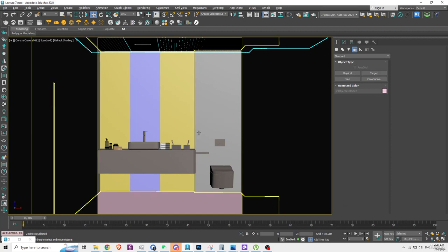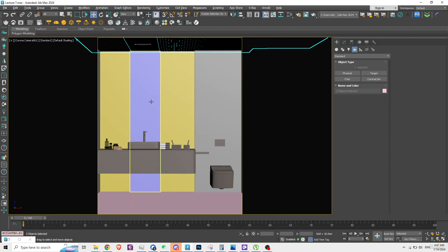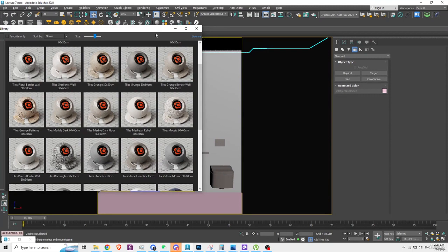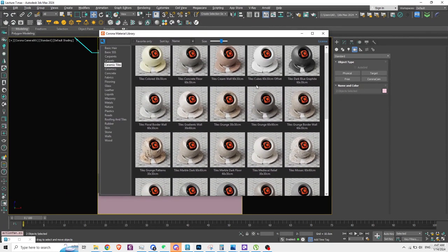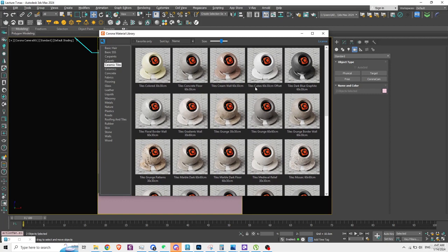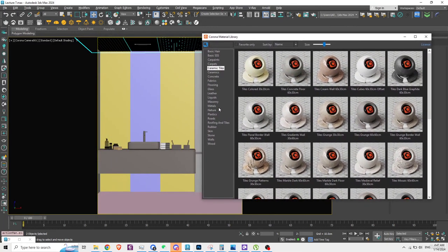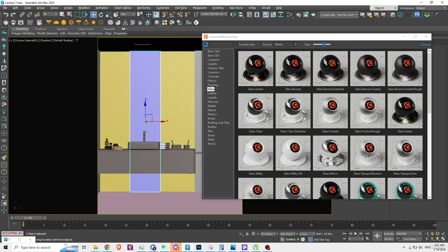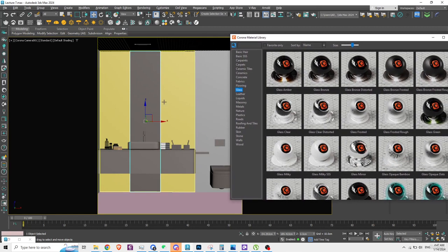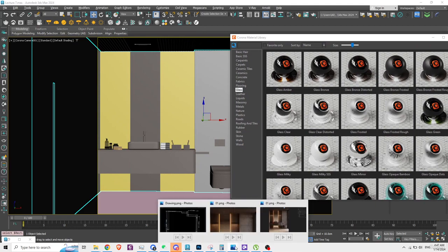So the next thing is I am going to use the Corona material library, which you can see here. If you click on this guy here, you will find a lot of cool materials, and we are going to use a couple of them in our scene. So first of all, we will go to the glass, and here I will select the mirror part, and in the glass mirror I will right click and assign material to the selected object. Okay, perfect. We have our mirror set up,